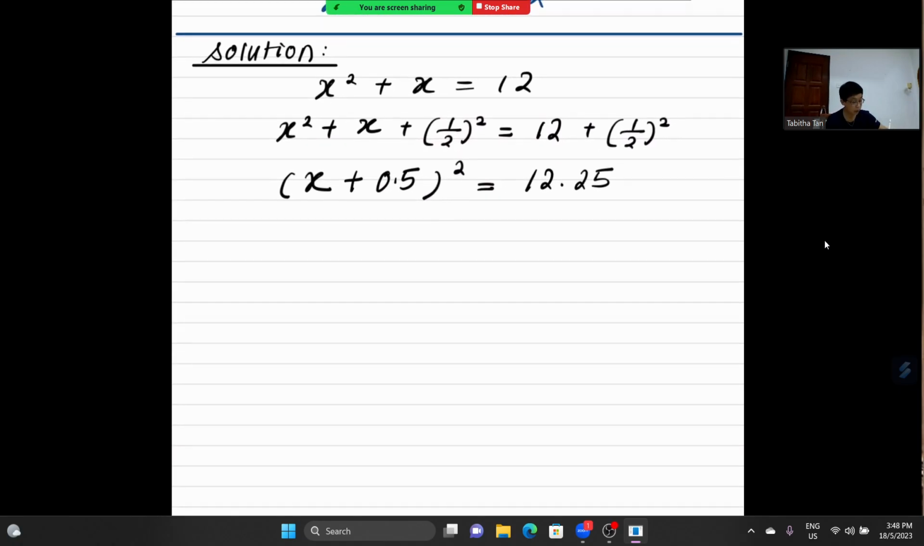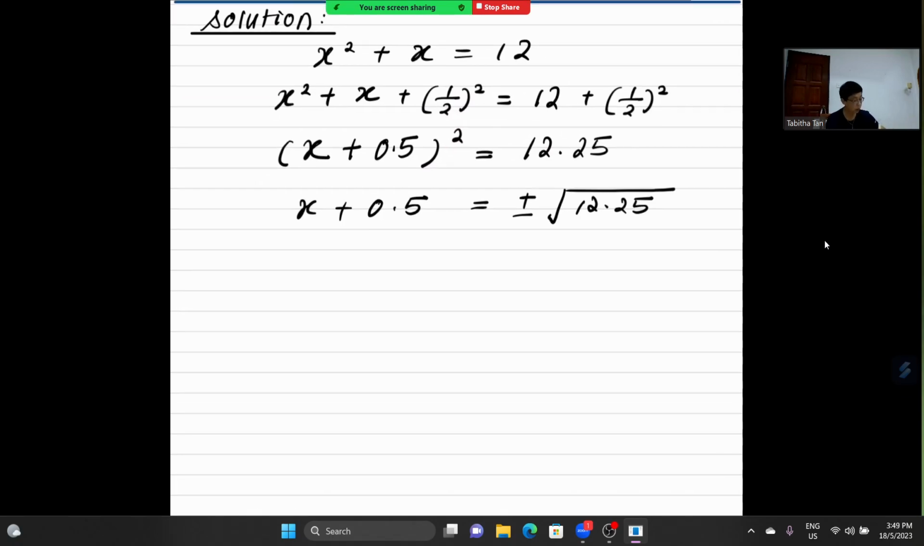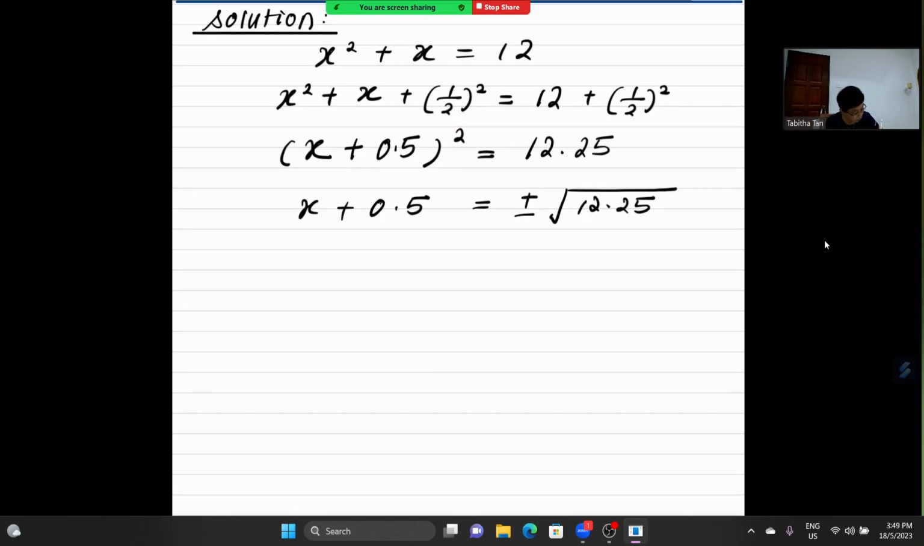Okay, now we are going to square root both sides to get rid of the square. So we're going to do it this way. Then to get rid of the square, there we go. So we're going to have x plus 0.5. Now the square is gone. Then here we got a positive and negative version of the root of 12.25. Therefore, let's write down the roots. It is equal to